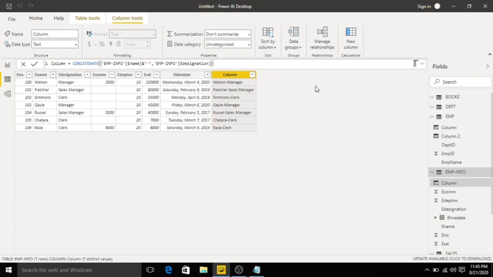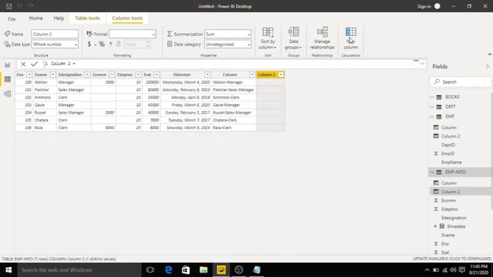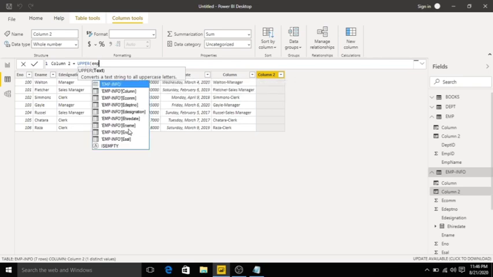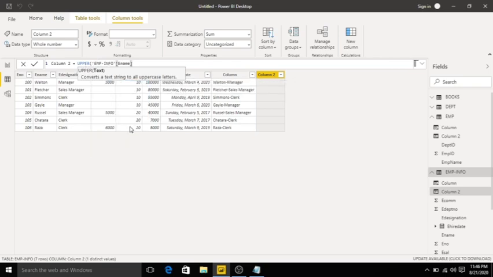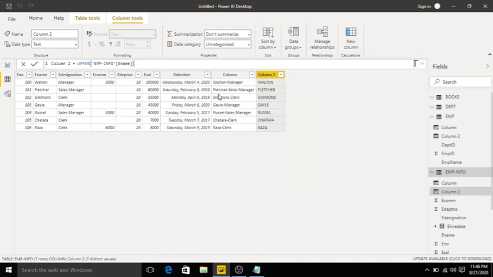We have another function called UPPER. It returns lowercase letters replaced with uppercase letters. I will take employee info of ename. UPPER, click tab, employee info of ename. Click enter. See, the characters are replaced with uppercase.